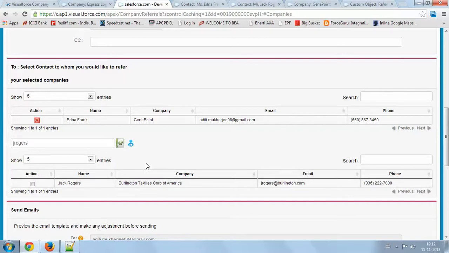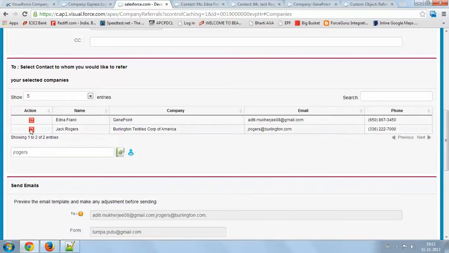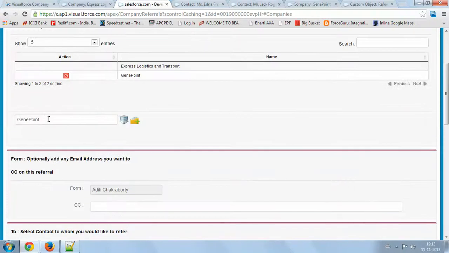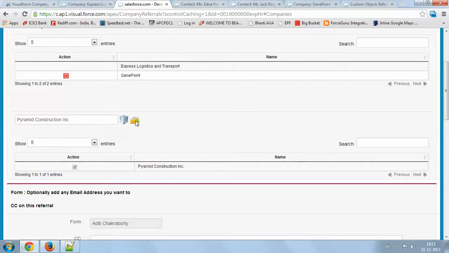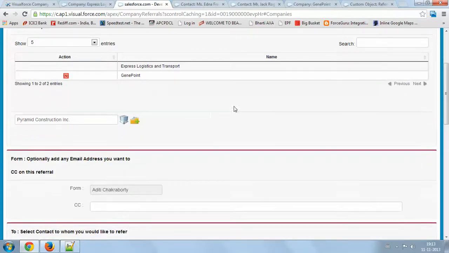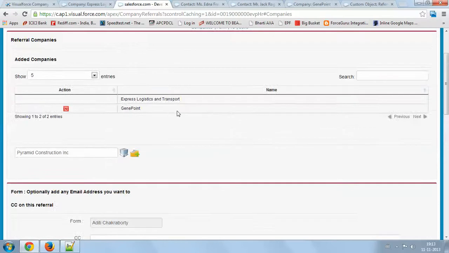You can remove any company or contact you already added. Please note you are not allowed to delete the company from which you are coming.